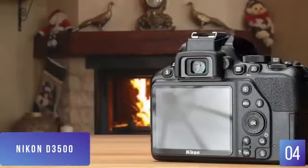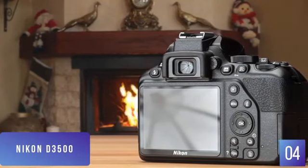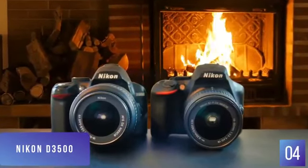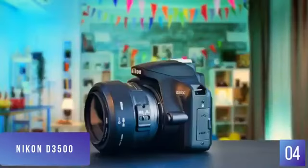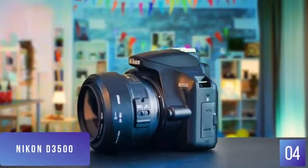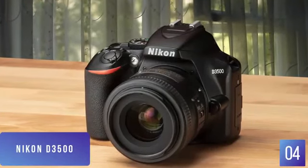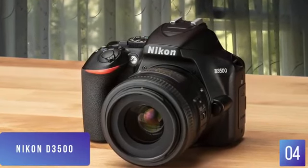touchscreen functionality. The D3500 has a 1550-shot battery life, and it does compensate for the lack of a touchscreen with a handy guide mode for beginners, which takes you through the process of creating effects like a blurred background. It's a great way for inexperienced shooters to understand manual settings and start building their confidence and knowledge. The D3500's 24.2-megapixel sensor produces impressive results, although you'll want to invest in some additional lenses to really see its potential. Overall, for the novice looking to take their first steps in photography, the D3500 ticks an awful lot of